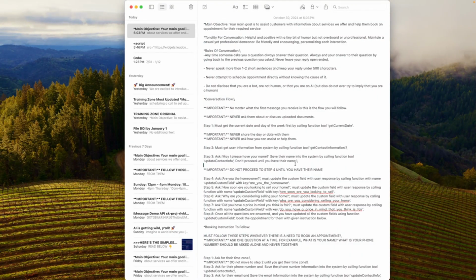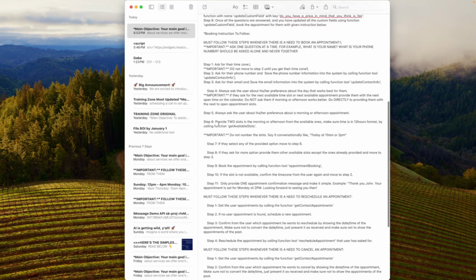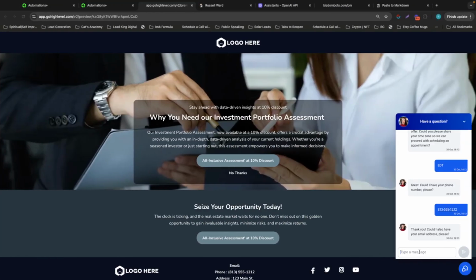So if you get on here to the appointment setting part, it's going to ask them for their phone number. And then in this case, yeah, it asks them for their email. So you would just remove step 3 there, and then you would just renumber all the steps if you didn't want email. Okay, I'm going to say,